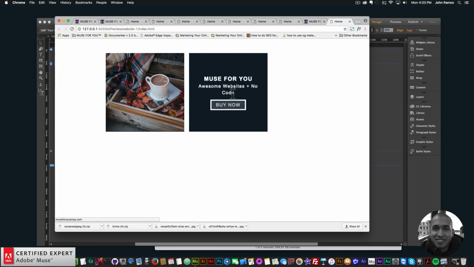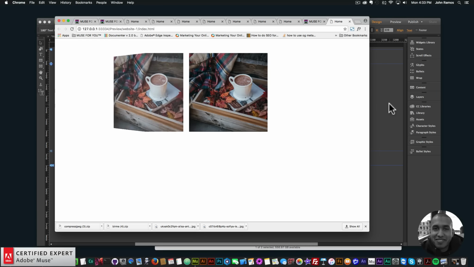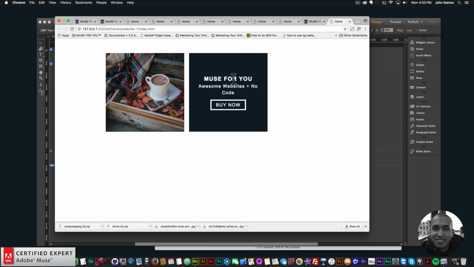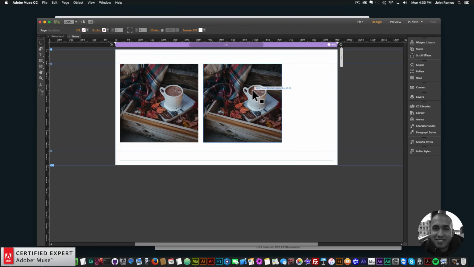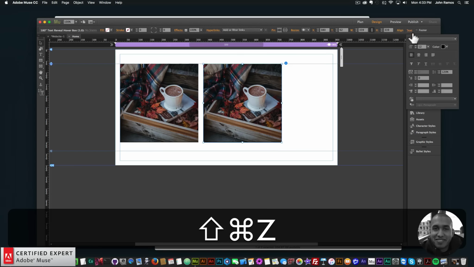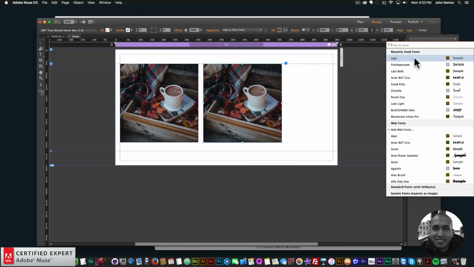Just like that, we have this nice hover button. Okay, so we notice the text is kind of, I believe it's the Arial text. To change the text for the hover boxes, you just click on the widget, go into the text options in Adobe Muse in the upper toolbar, click on text, and then from the drop down here, you can select any web font from this list, and you can add new web fonts and choose from those web fonts as well. So here I'll select Lato,